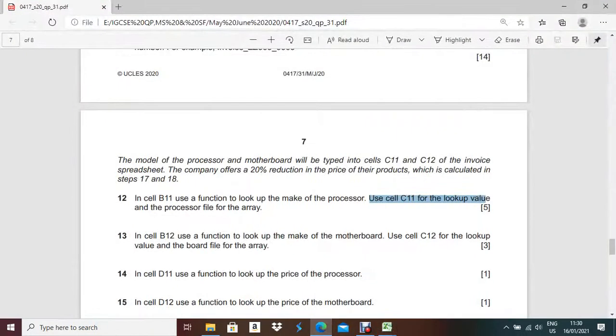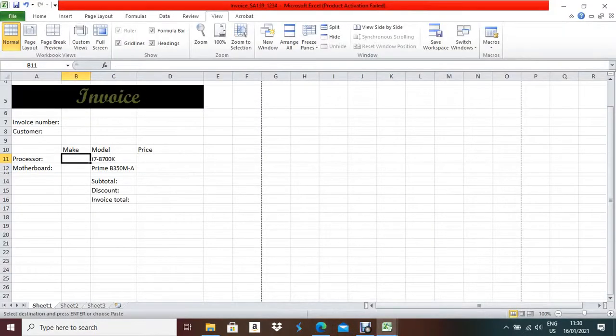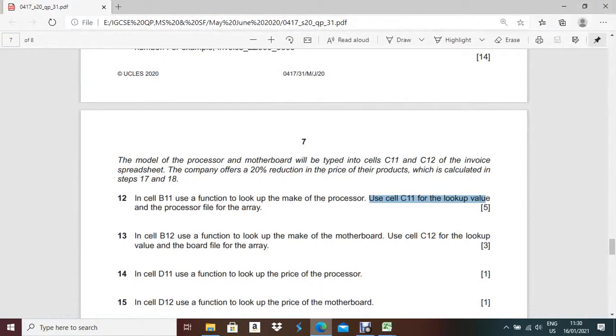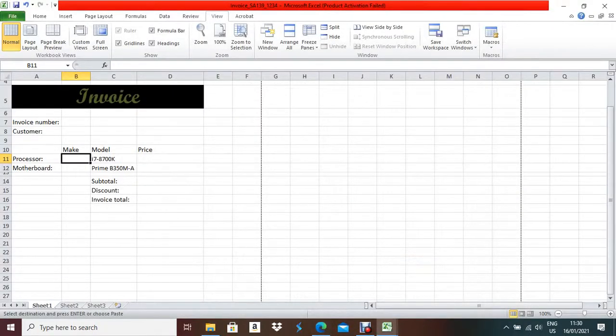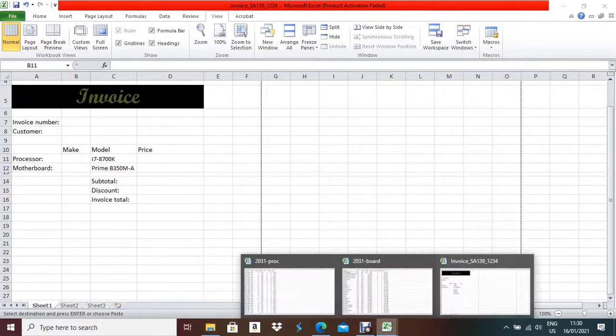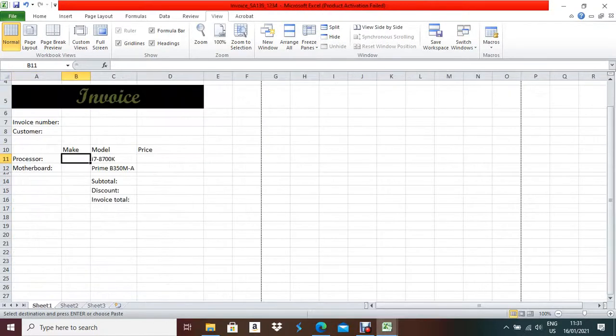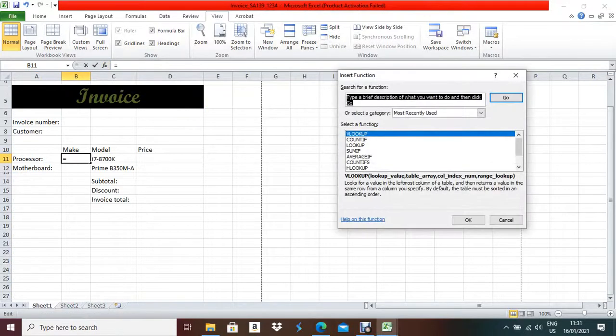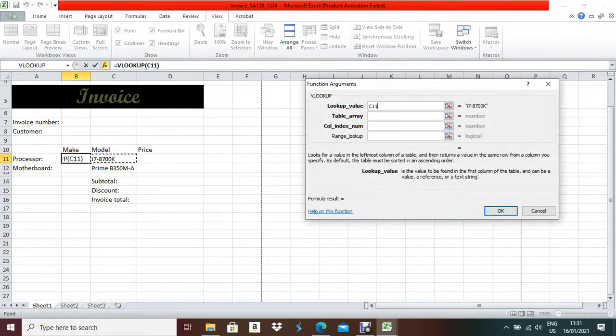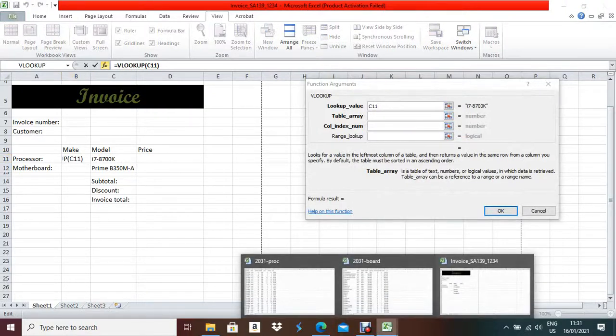Now let me do the first question. In cell B11, use a function to look up the make of the processor. B11, you have to use one function to look up the make of the processor. Use cell C11 for the lookup value, and this one will be the lookup value. Now we have to check the processor file, how data is represented in the processor file. All data is given in a vertical way, so it's clear that we need to use VLOOKUP. So use VLOOKUP here, and lookup value will be this one, and table array should be, we have to find out make,